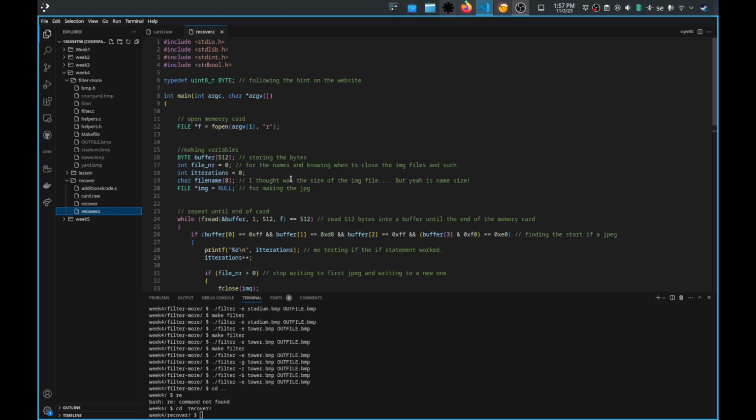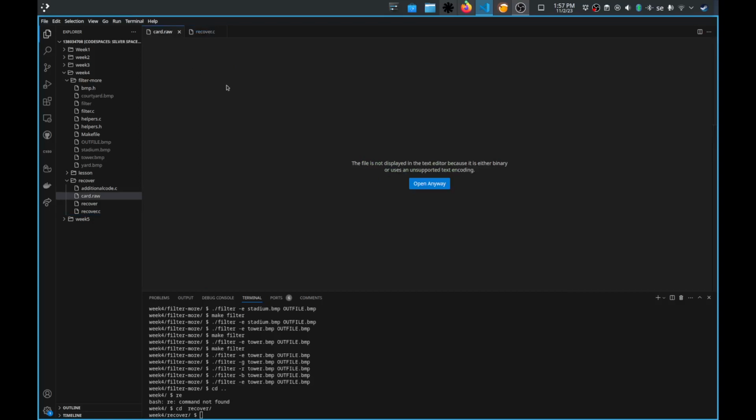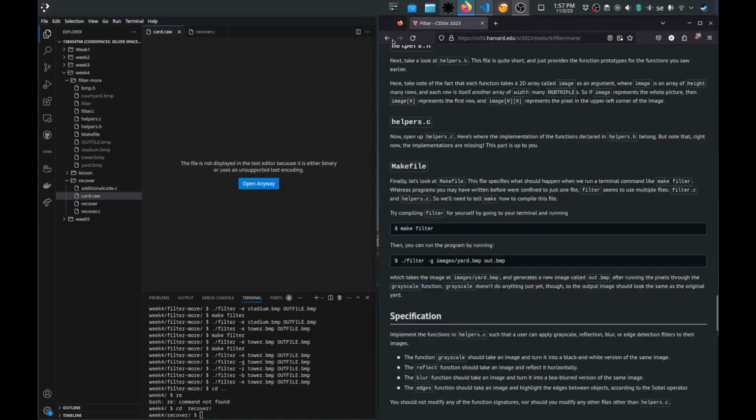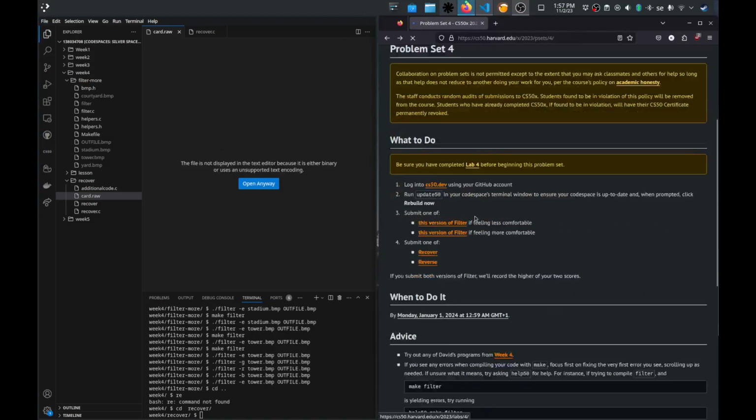And what this program needed to do was to find JPEG files in this raw data file. So in here there are about 50 images, and I needed some way to recover them. In the YouTube video for recover,